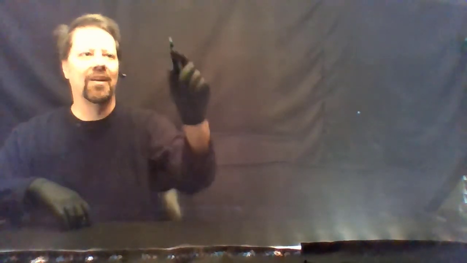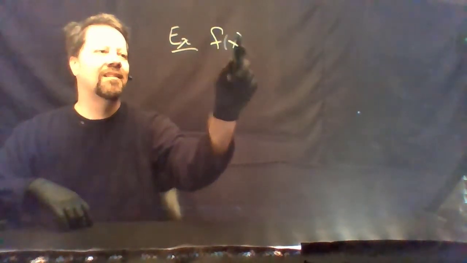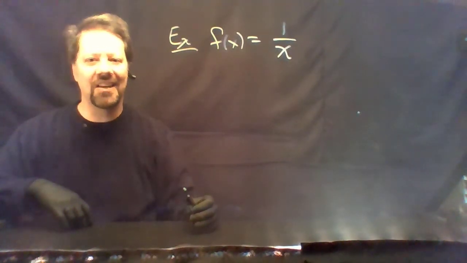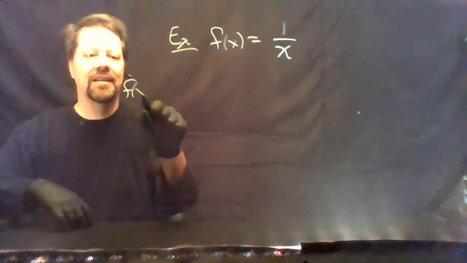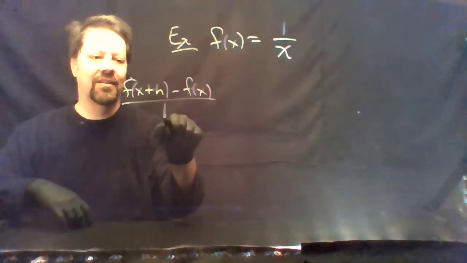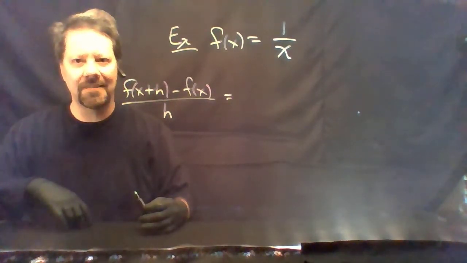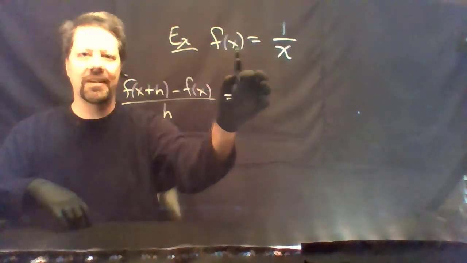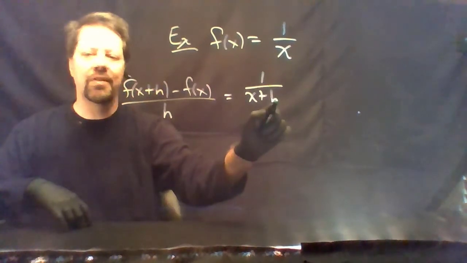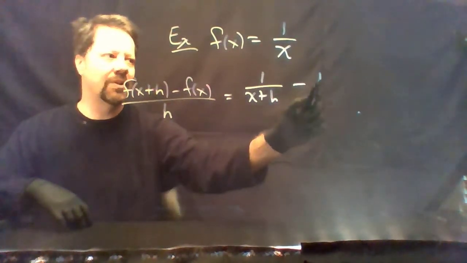I want to do one more, just so we review your algebraic skills. Suppose our function is 1 over x. Let's calculate the difference quotient, f of x plus h minus f of x over h. What is f of x plus h in this case? Remember, x plus h is replacing x in the formula. So it's 1 over the quantity x plus h. From that we subtract f of x, which is 1 over x,